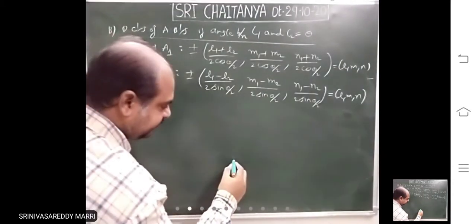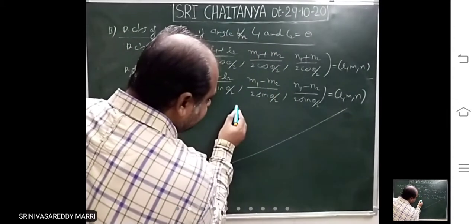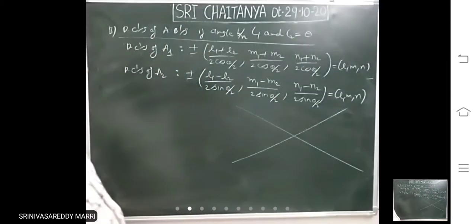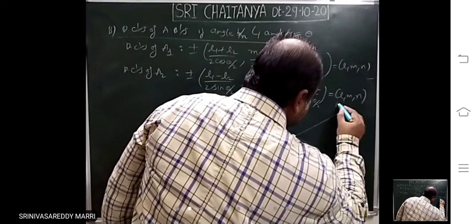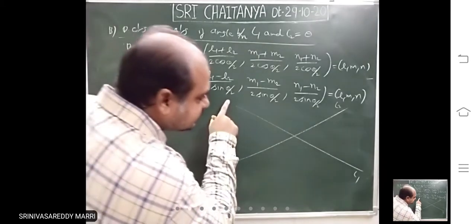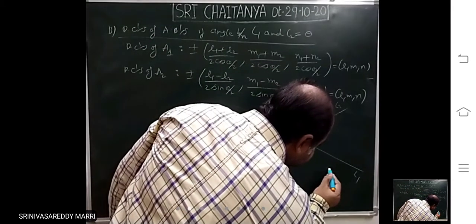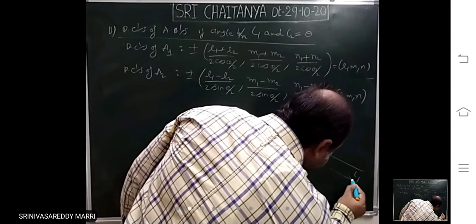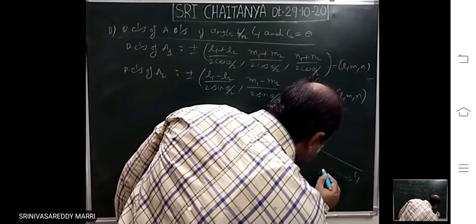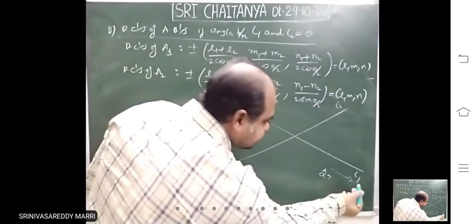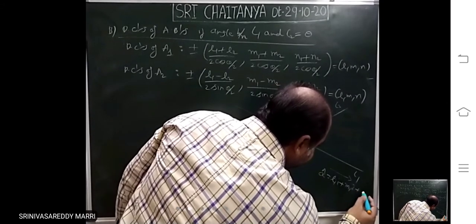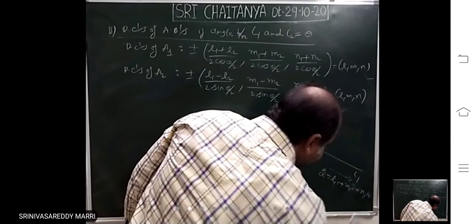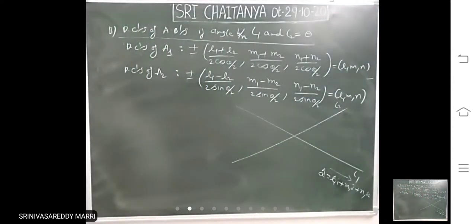Suppose two lines are given to you. Take these two lines like this. This is L1, this is L2. Now the DCs of L1 are given. That means in this direction, A cap is given. DC is given means its direction is given by a unit vector. Always, if you use the vector approach, 3D will become easy. A cap is nothing but, in that direction, let us say, unit vector A cap.